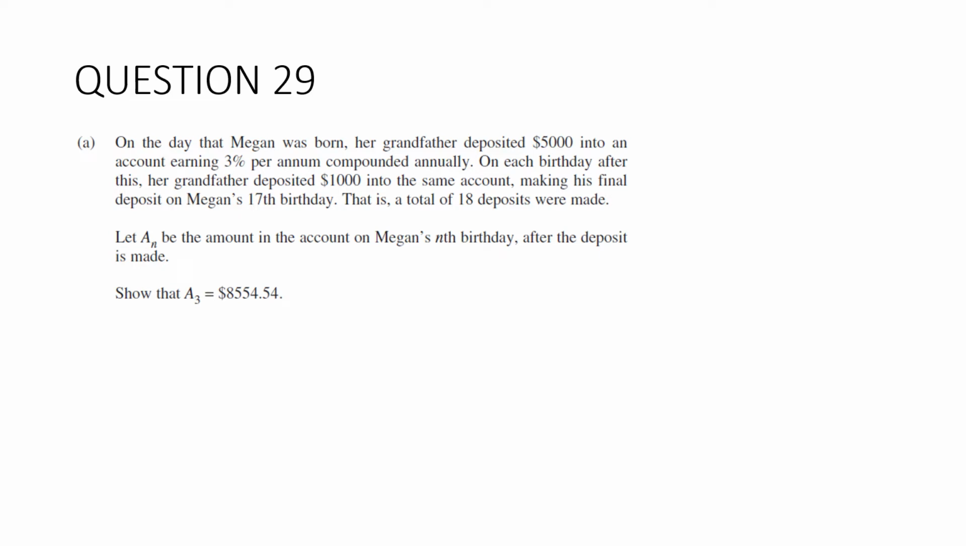Question 29. On the day that Megan was born, her grandfather deposited $5,000 into an account earning 3% per annum compounded annually. Each birthday after this he deposits $1,000 into the same account, making the final deposit on Megan's 17th birthday, that is a total of 18 deposits are made. Let A subscript n be the amount in the account on Megan's nth birthday after the deposit is made. Show that A3 is